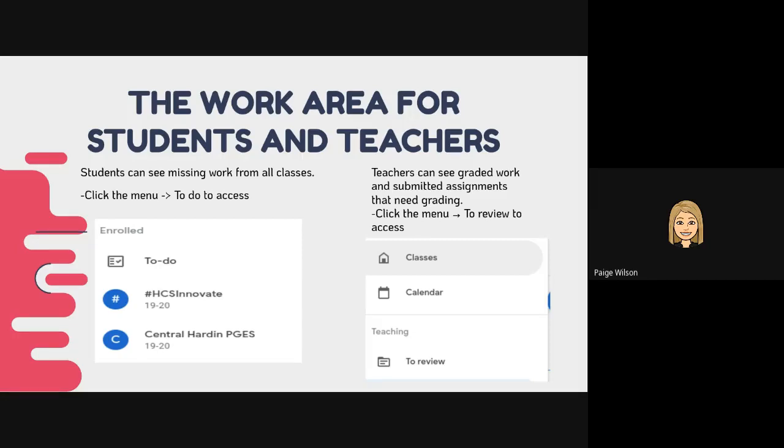So I'm going to show you what it looks like from a student perspective with a classroom that I'm enrolled in versus what it looks like from a teacher perspective if you were actually teaching the class. The work area serves as a to-do list for me, and I have my students check their to-do list if they get finished early in class. It shows from all of their classes on that task list so they can see any outstanding assignments that they have, and it helps you manage your workflow more